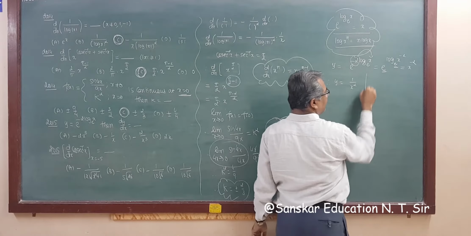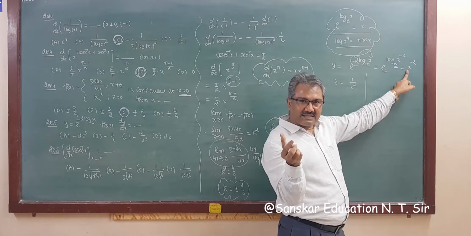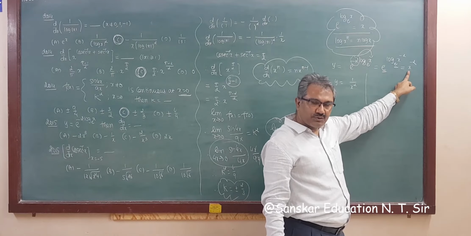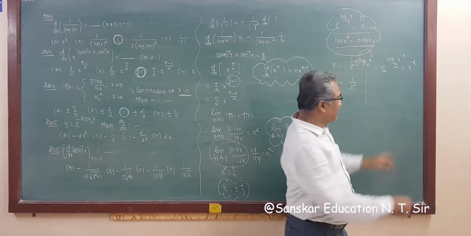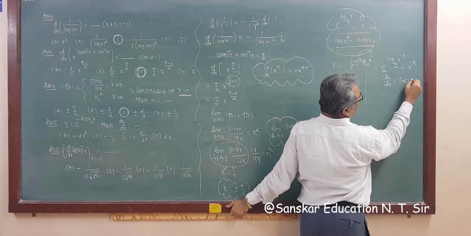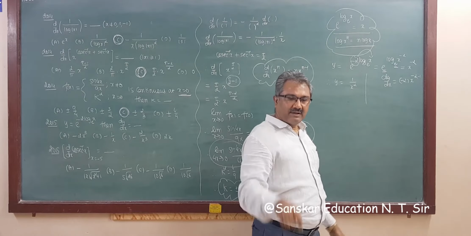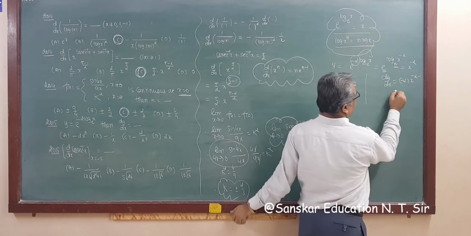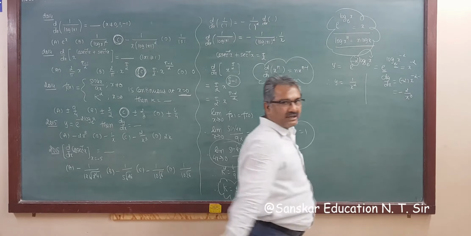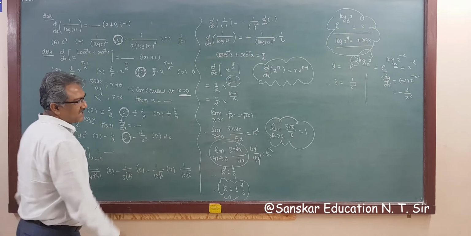Either take this as it is, then y is equal to x raised to minus 2. Now the derivative of x raised to minus 2, that is dy by dx, is equal to minus 2 x to the power minus 1, you have to subtract 1 from the power. So this becomes minus 3. So what is your answer? Minus 2 upon x cube. So minus 2 upon x cube, that is option C, is the correct answer.